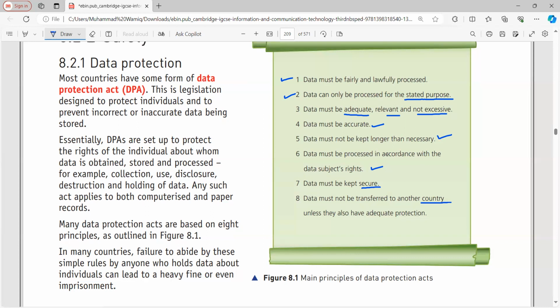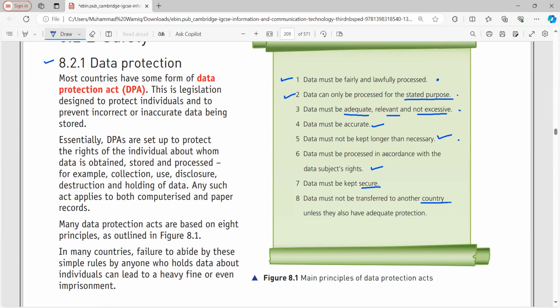For example, you are my student and you have provided me your personal information. I should not be using that personal information unlawfully. If I want to store your registration, I should first state that I will be storing your information for this purpose. It should be used only for the purpose for which you sent me the data. That should be accurate and relevant. It should not be kept longer than necessary. For example, if you have passed your exam, I should not be keeping it. Other than that, it should be secure and should not be transferred.